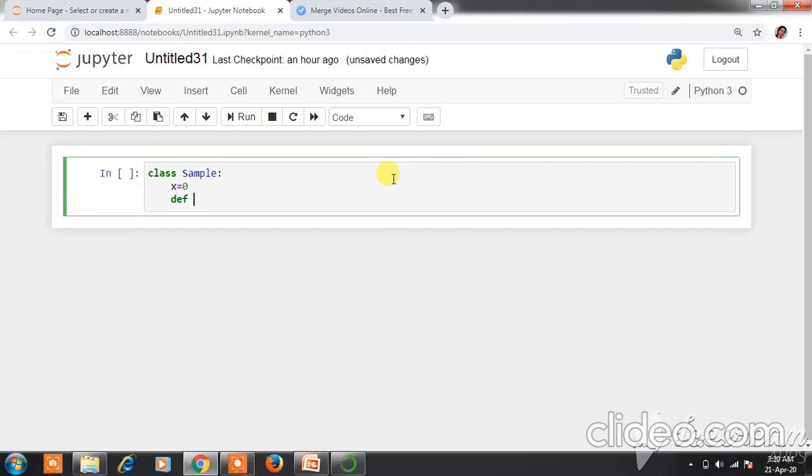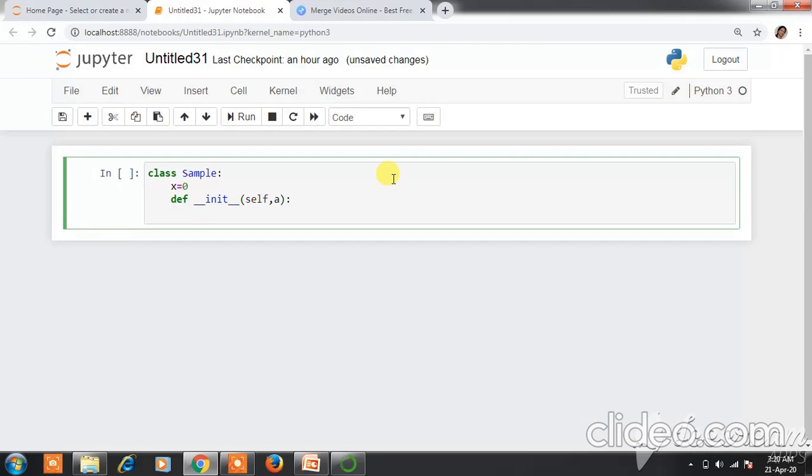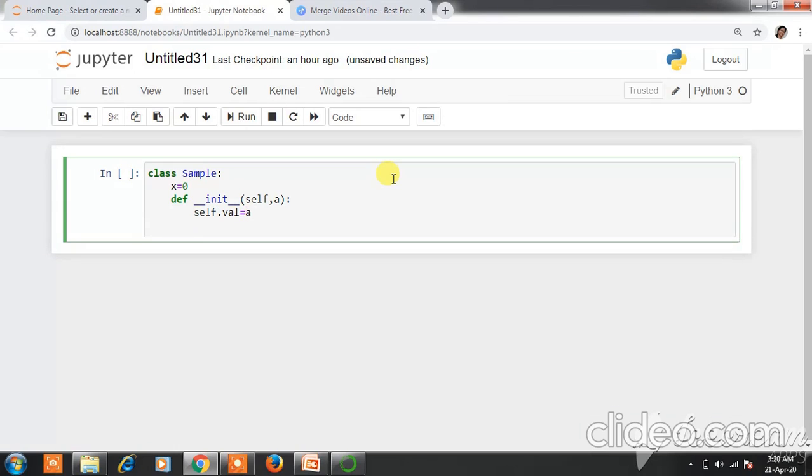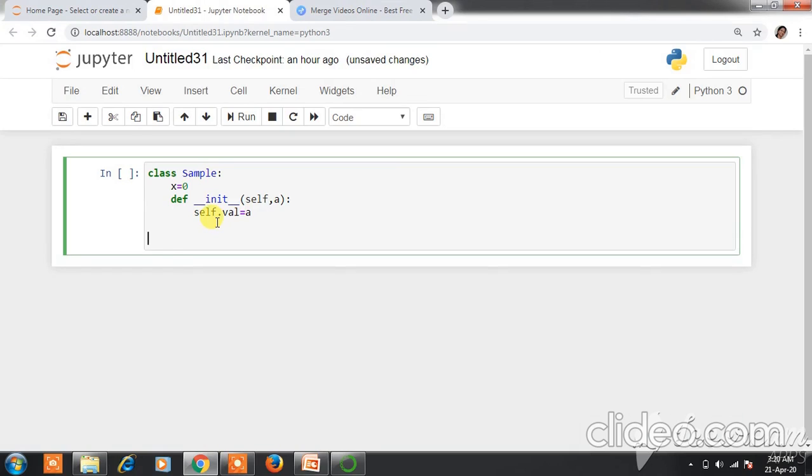Then define init with the default self object and one variable passed, a. And then we write self.val, which is now an object variable, equal to a. And next we will create one object of the class, S1 equal to Sample.